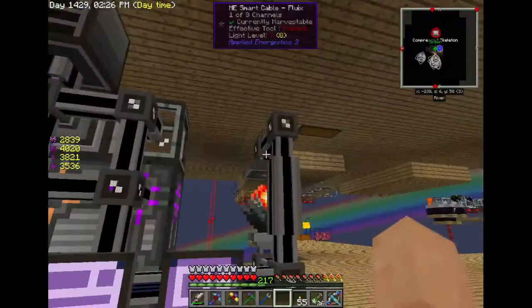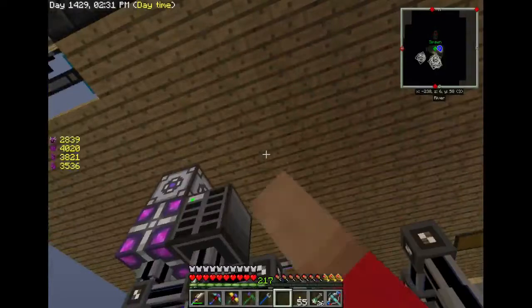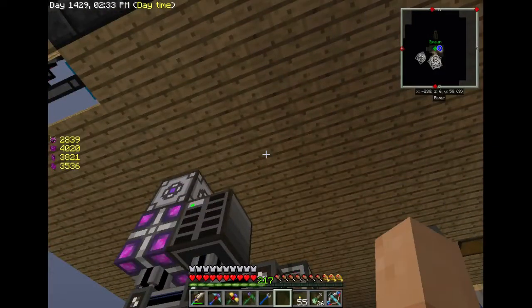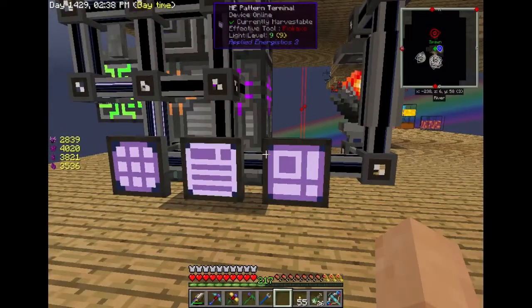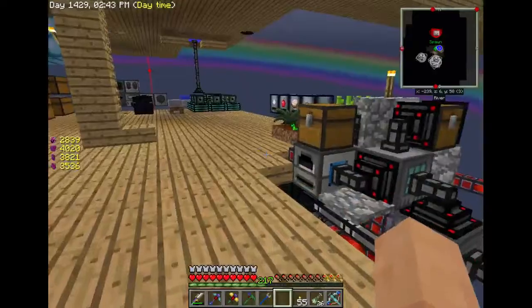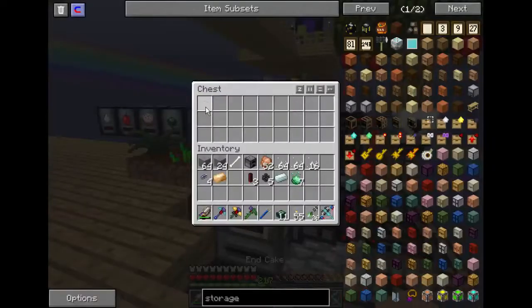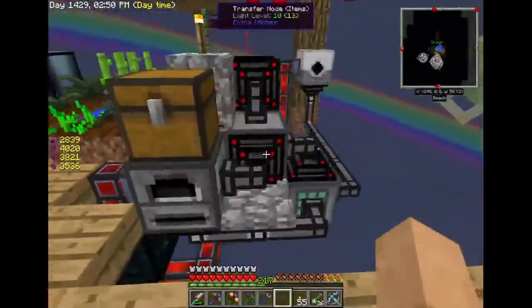And I don't know if I'm going to rebuild this or not. I might just run a cable up through the floor up there and put a terminal in the floor up there next to the cobblestone generator. But I don't know. I might leave it here so I have a reason to actually come down here, besides checking up on the ender cake situation. Speaking of which,